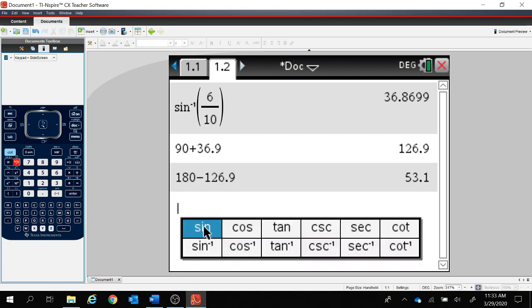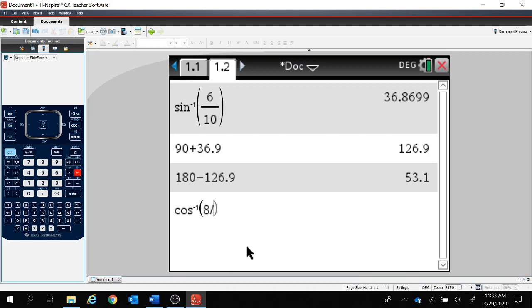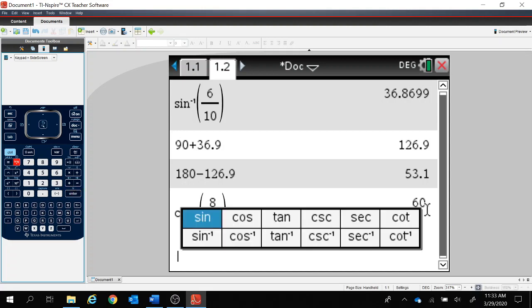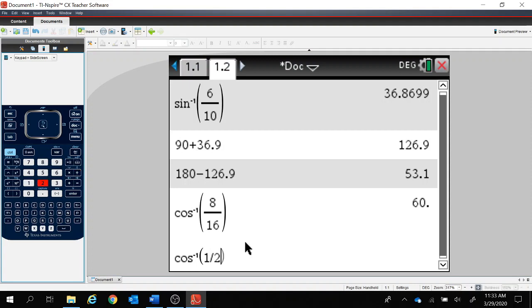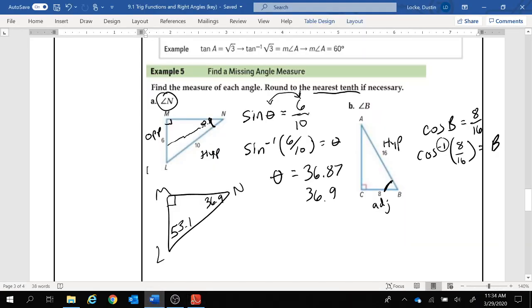Let's type in cos inverse of 8 over 16. I'm going to show you guys, we could have simplified it down. So notice the angle provided is 60. Let me go back to here and let's type in 1 over 2 just to see how they compare, right? Because all trig functions are relationships of the side lengths. Well, if the ratios are the same, then the angles have to be the same, right? 8 over 16 is the same thing as 1 over 2. So now we've established angle B